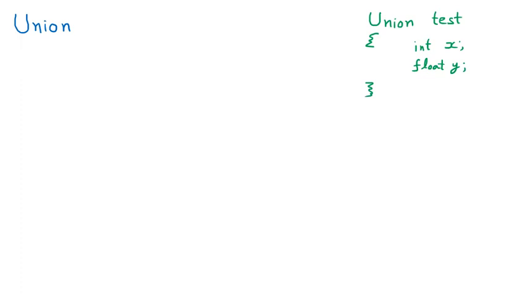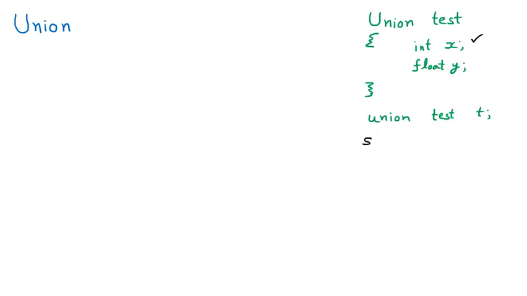There is a similar option to create the variable of the union. Just like in the structure we used to say struct test and variable name, similarly here we will write union test and variable name. Let us suppose that the variable name is t. Just like we access the members of the structure, in a similar way, everything is the same. If I have to access x, we will use the variable of the union.